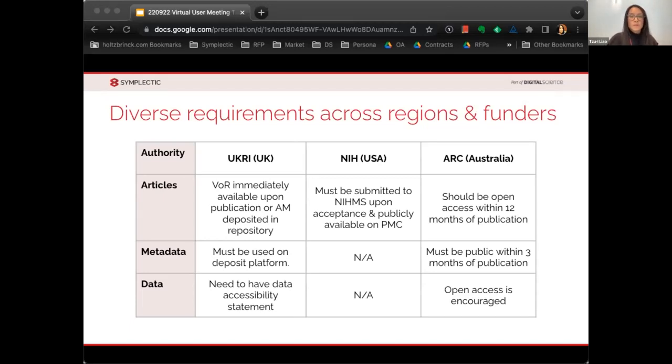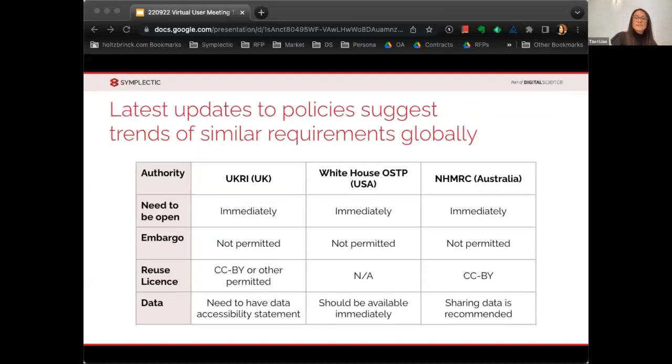Articles should be open access within 12 months of publication. And you could see that there are different requirements around metadata, different thoughts or needs around data, research data included or referenced in the articles as well. With that said, the latest updates to policies do suggest that there are some trends of similar requirements actually